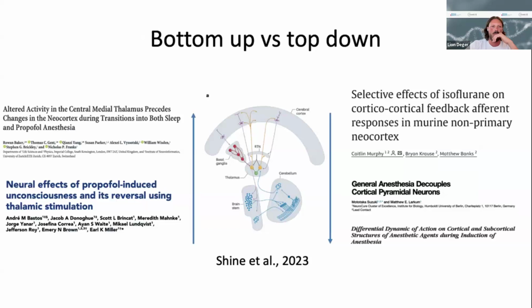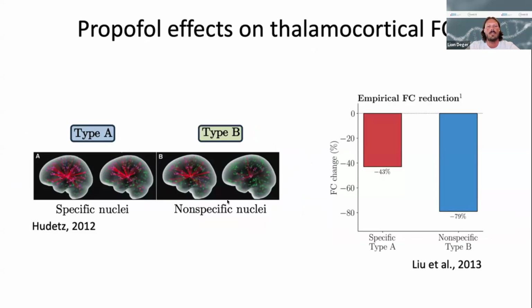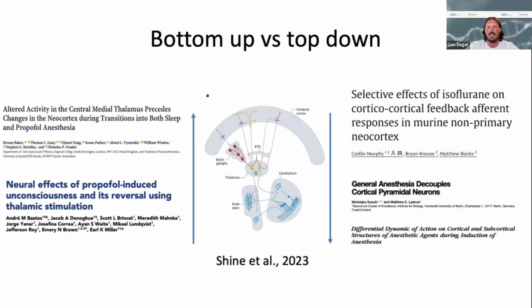And this leads me to this slide, which is that the non-specific group, so this side, the type B connectivity, is in the literature tied a lot to the state of consciousness and regulating the state of consciousness. But how that actually works, or what the underlying mechanism is, is not really clear.